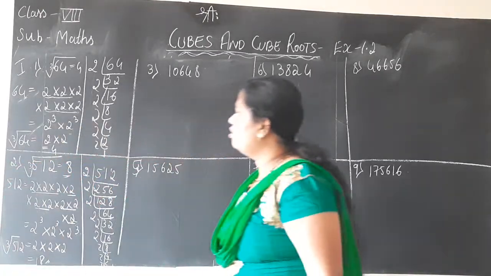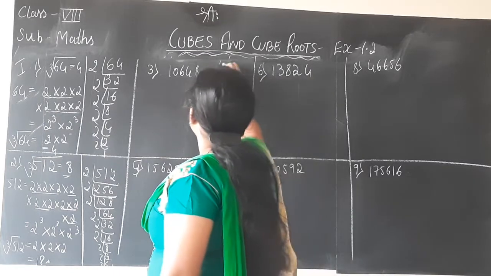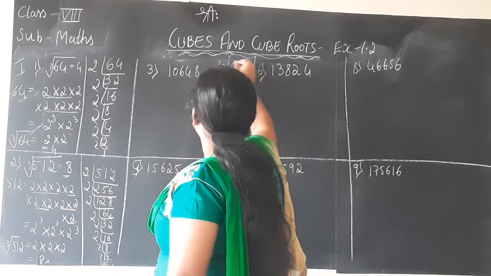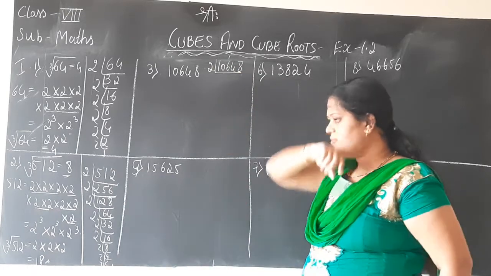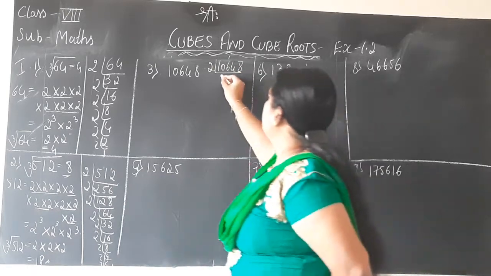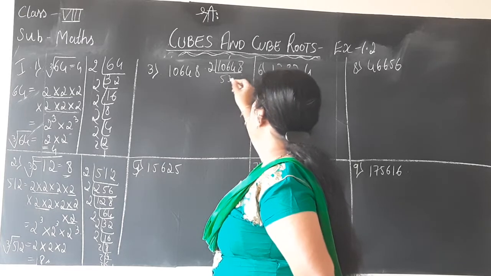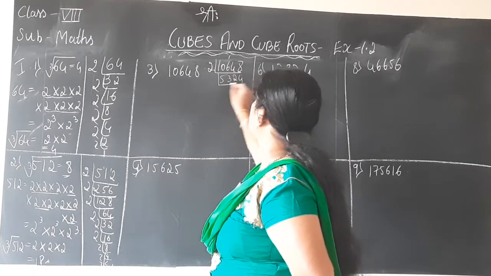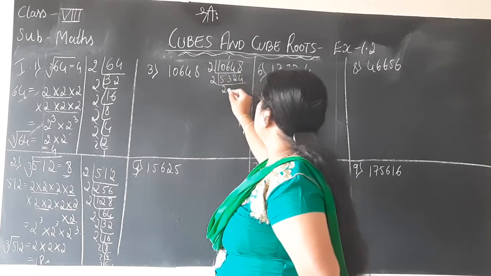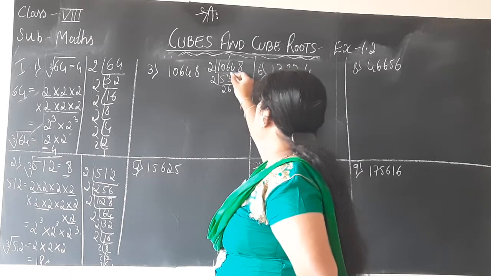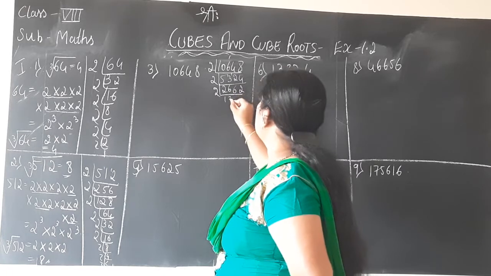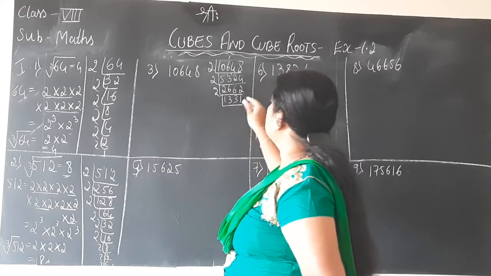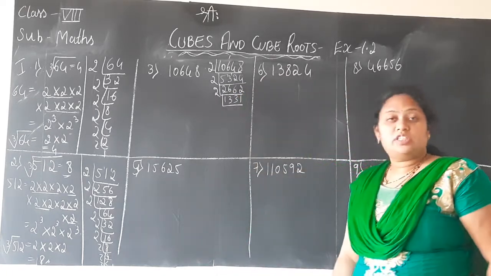You should solve. Next is 10648. Since I again have 8 in the units place, I'll start with table 2. 2 5s are 10, 2 3s are 6, 2 2s are 4, 2 4s are 8, 2 2s are 4, 1 remaining, 2 6s are 12, 2 6s are 12, 2 2s are 4. Look, I got 1 in the units place.